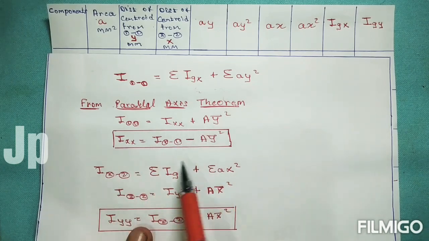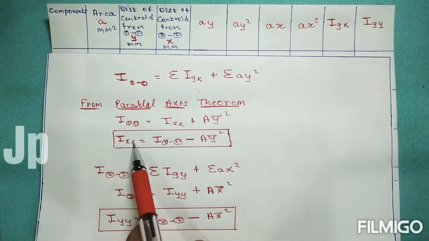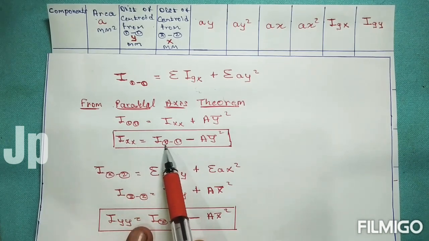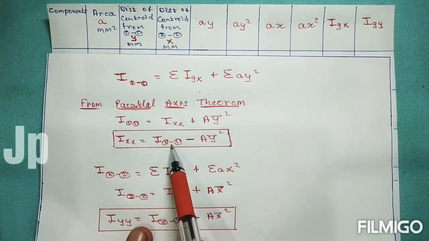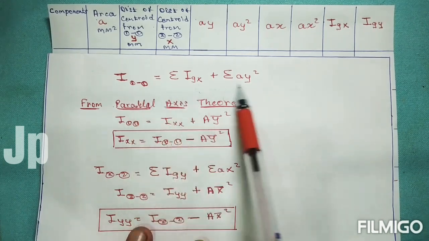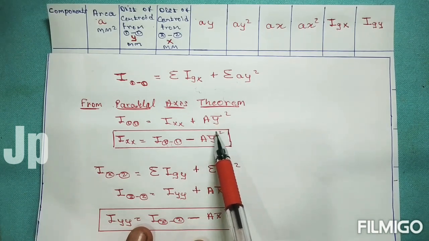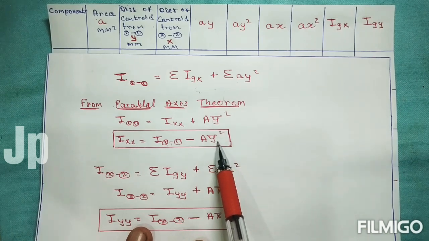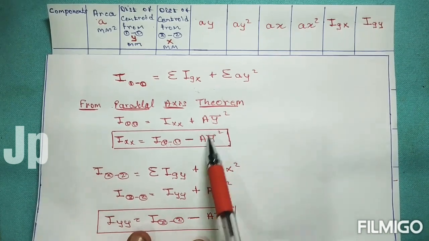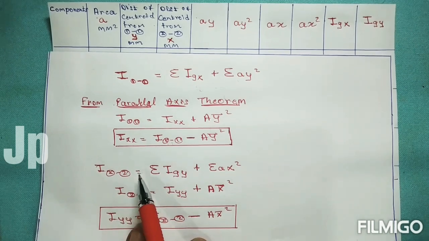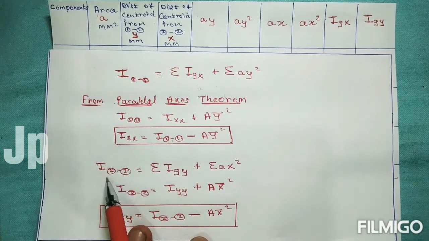I just rearrange this. So like that you have to find the moment of inertia along the x-axis. Moment of inertia along the x-axis is equal to the moment of inertia with respect to your reference axis, that we already found here, minus the summation of area of the component into y bar square, the CG distance along the y axis. So similarly you have to find the moment of inertia with respect to reference axis 2 2.